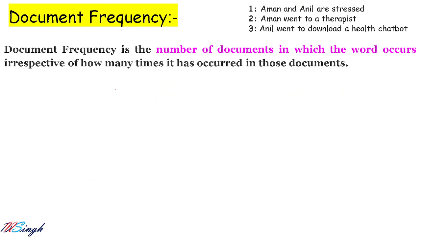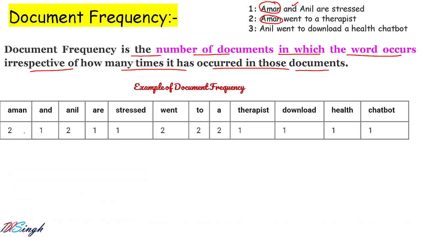That is document frequency. Document frequency is the number of documents in which the word occurs, irrespective of how many times it has occurred in those documents. You can see Aman has occurred in 2 documents. So what is the document frequency for Aman? It is 2. But you can see "and" occurred only 1 time in 1 document. So what is the document frequency for "and"? It is only 1. So the header row will always have what? Vocabulary. Aman has the document frequency as 2 and 1. In the same way, you need to calculate for all the different words,